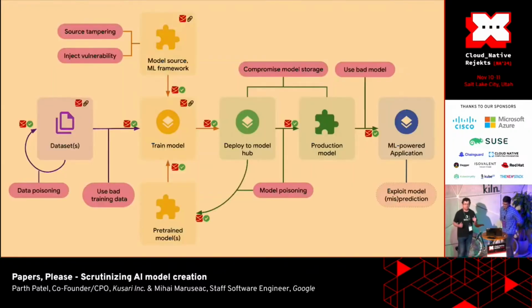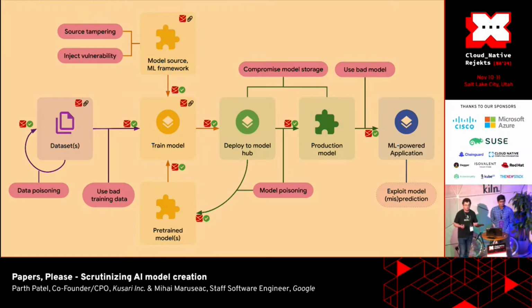So going back to the supply chain diagram that we have seen before, we can see that we have these two loops from dataset to dataset, and then from model, you train the model, you put it into the hub, and then you iterate again on it, and so on. And thinking a little bit deeper into this gives us the idea of dependencies. Each time you build a model, it has several dependencies. Some other models it has been trained on, some dataset it has been trained on, even the training framework, even the ML framework, TensorFlow, PyTorch, and so on.